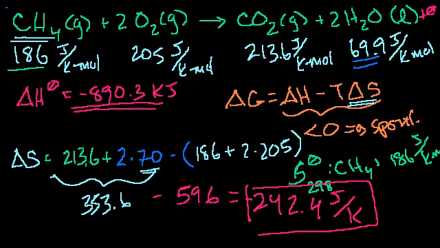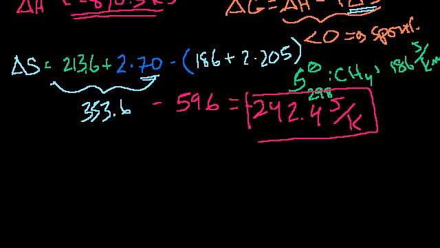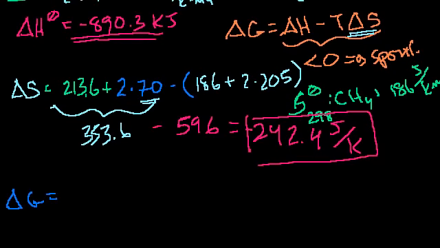But let's figure out whether this reaction is spontaneous. So our delta G is equal to our delta H. We're releasing energy, so it's minus 890. I'll just get rid of the decimals. We don't have to be that precise. Minus our temperature. We're assuming that we're at room temperature at 298 Kelvin, which is 25 degrees Celsius, times